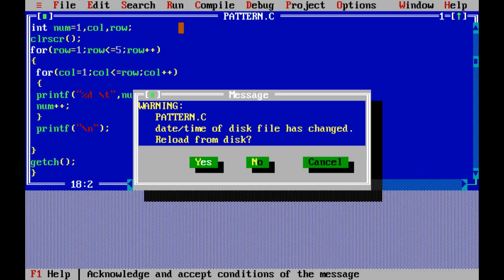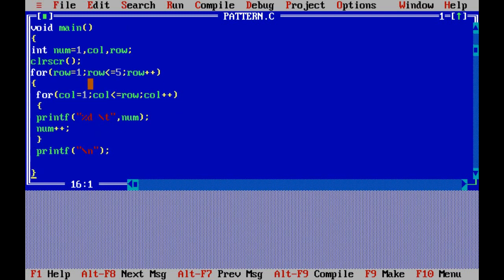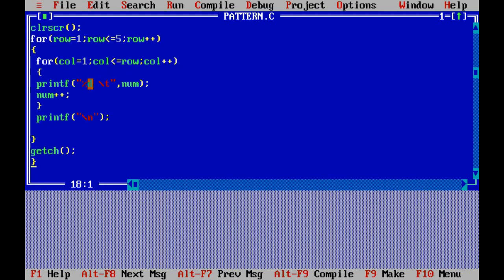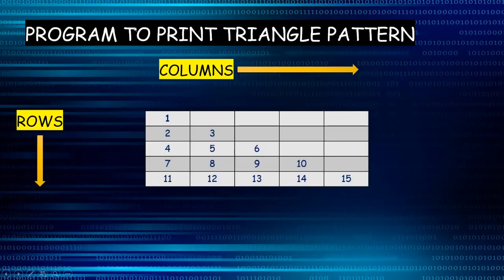See, we got the output. Now you can understand the logic, right? For each row I have gone through it and displayed each value, and for each column within each row I am checking whether it is less than or equal to the value of row, and then I am printing the value and giving a tab space. After completing each row I'm giving a slash n so that it goes to the next line, the next line being for the next row. So I hope you understood this program.